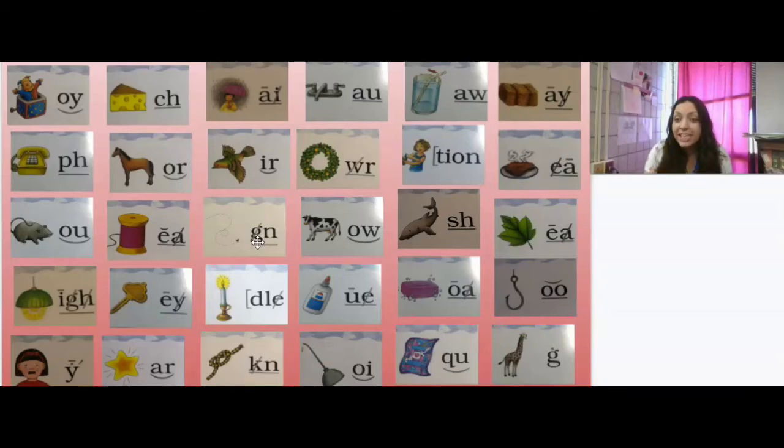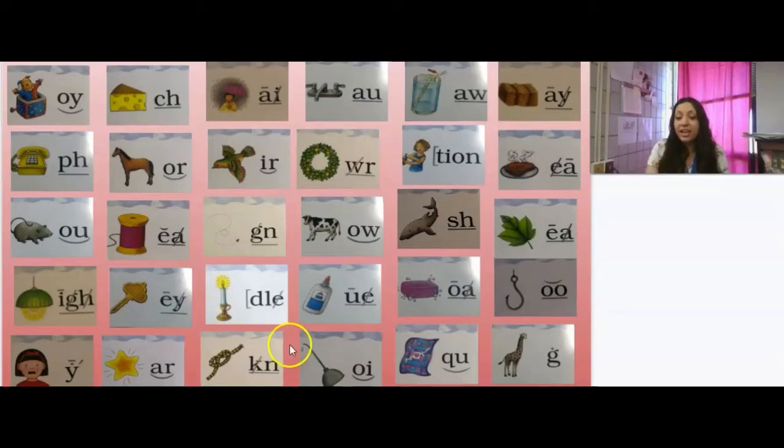ghost digraph GN, cow, ow, diphthong OW, shark, sh, digraph SH, leaf, E, digraph EA, light, I, trigraph IGH, key, E, digraph EY, candle, dull, final syllable DLE, glue, U, digraph UE, very good, soap, O, digraph OA, hook, digraph OO, cry, I, vowel Y, star, R,